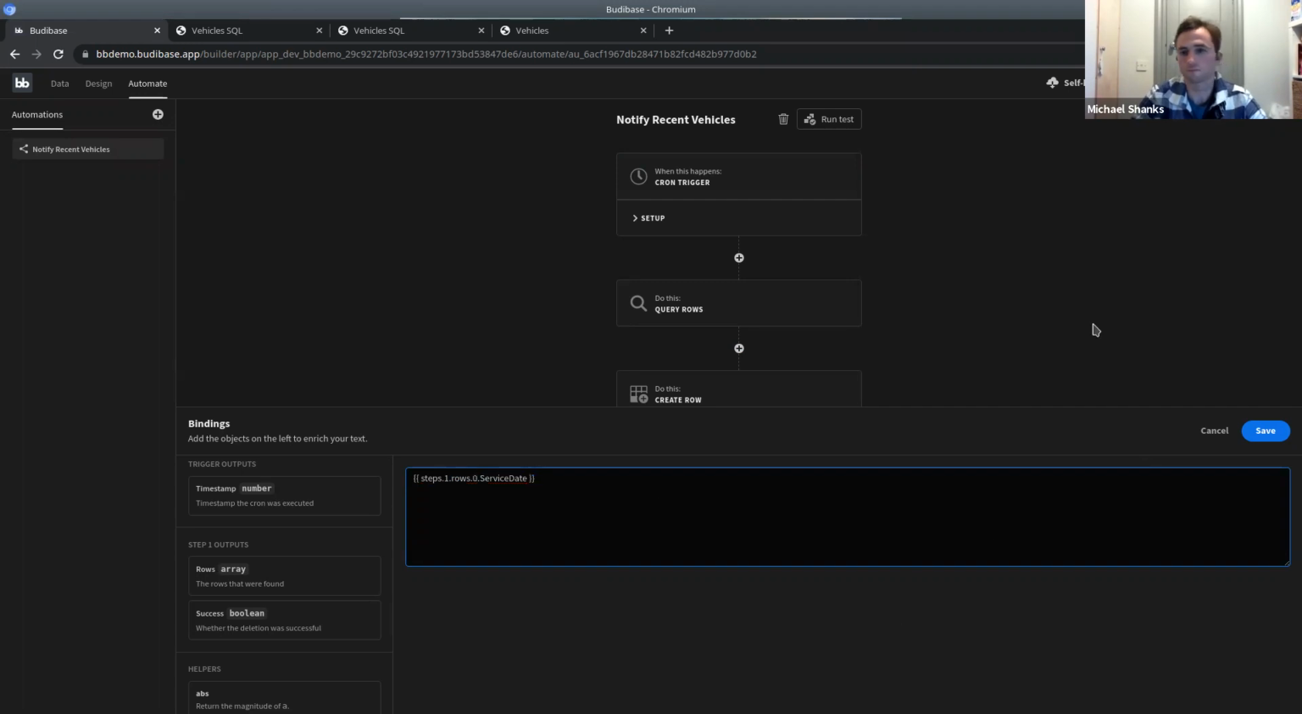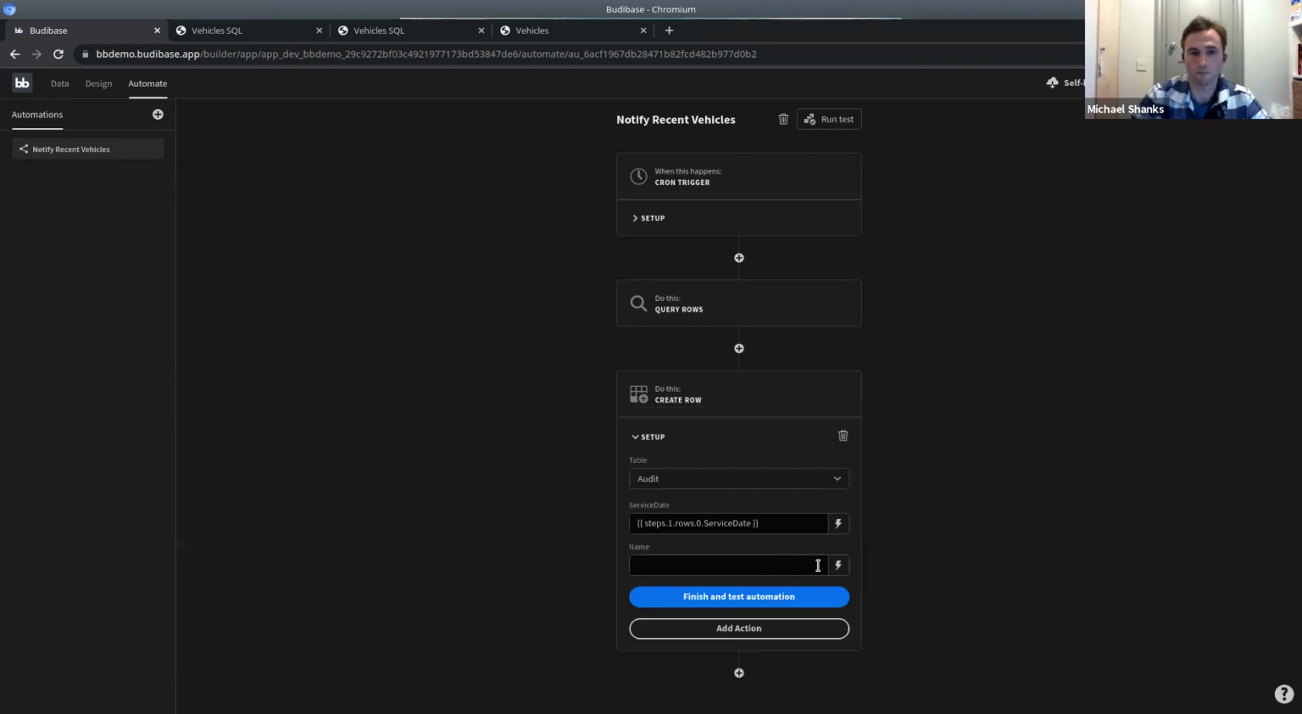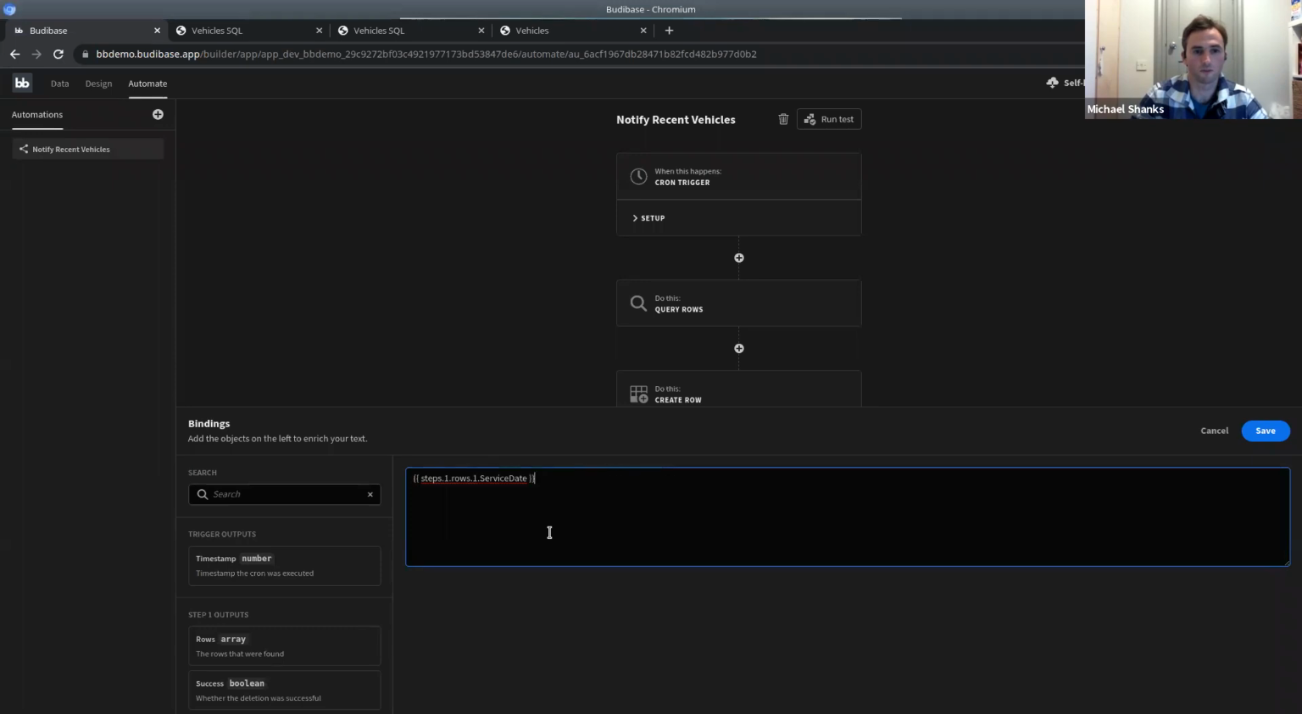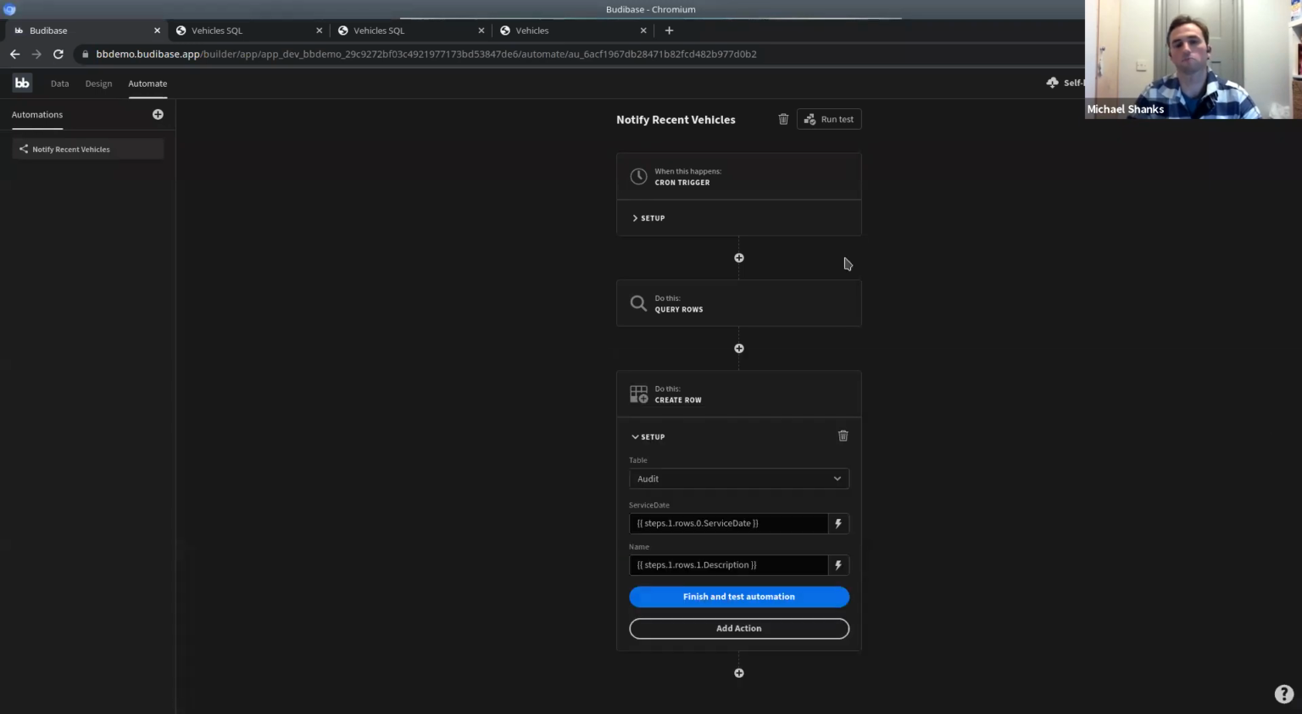I'll do row 0. And then, of course, with the name field, I'll change that to description. So what I'm doing here really is setting up so every hour this is going to run. It's going to pull a bunch of rows from one of the tables, and it's going to put it into this other one. And one really nice little feature we have in here is the ability to test these automations